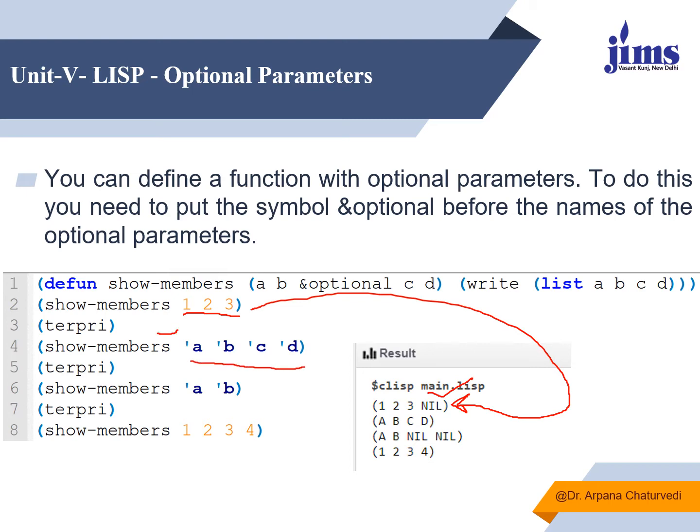As I have used the quote symbol, it means that these are not special symbols. These are normal characters which I am passing. So I am passing values A, B, C, D. A will go to A, B will go to B, C will go to C, and D will go to D. It's a matter of chance. You can write X, Y, Z over here also. There is no relation between this A and this A. The only thing is, this A is a parameter and this A is a value.